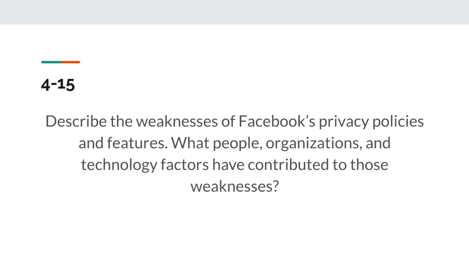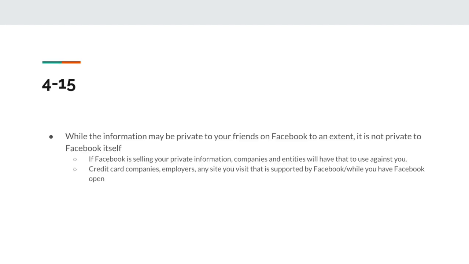The next question says, describe the weaknesses of Facebook's privacy policies and features. What people, organizations, and technology factors have contributed to those weaknesses? So I think the biggest weakness here is that while the information may be private to your friends on Facebook to an extent, it is not private to Facebook itself, obviously.